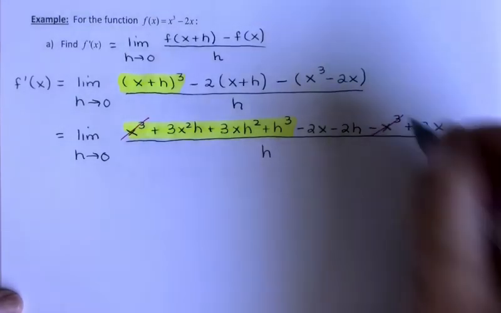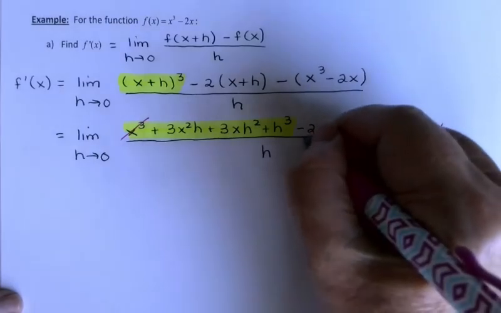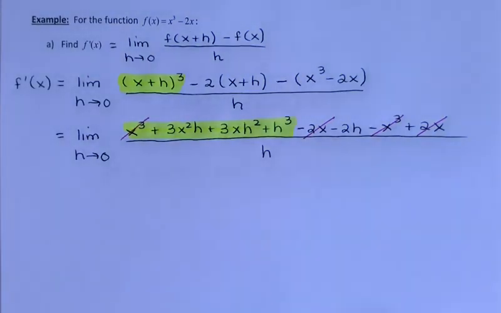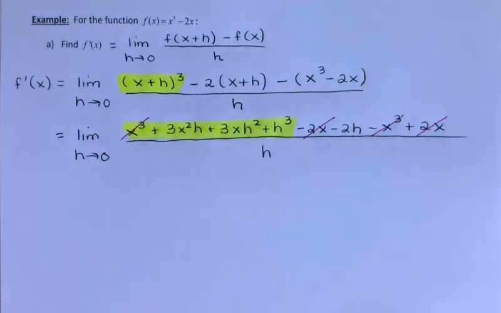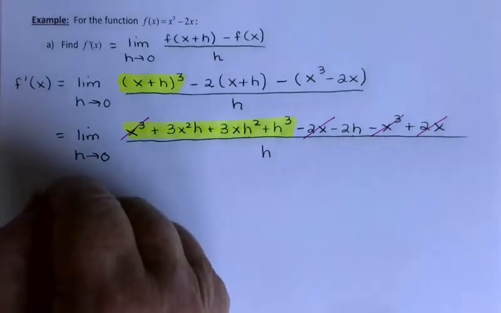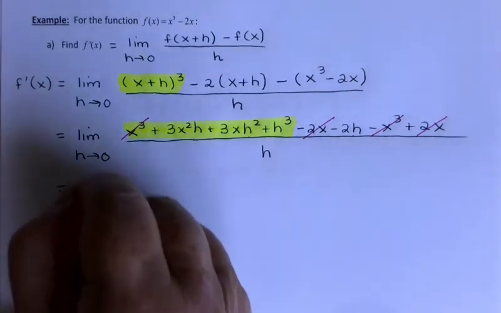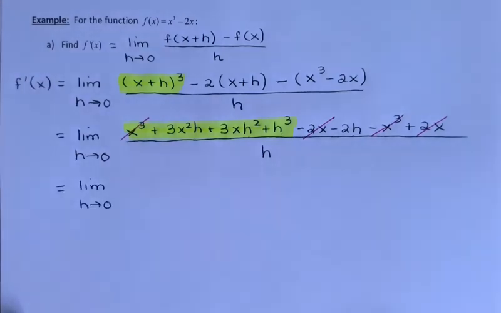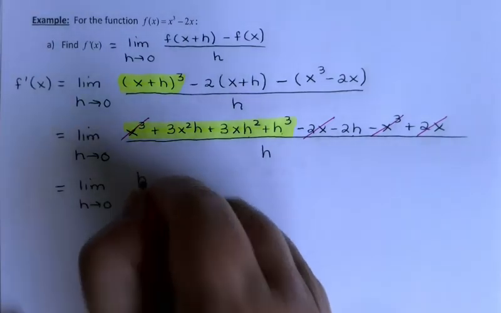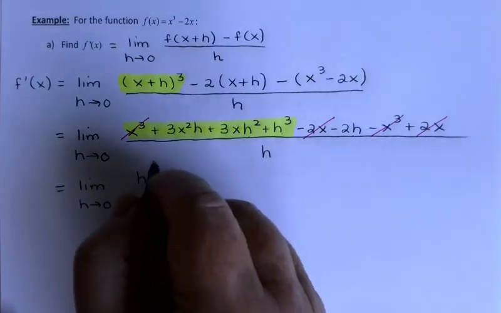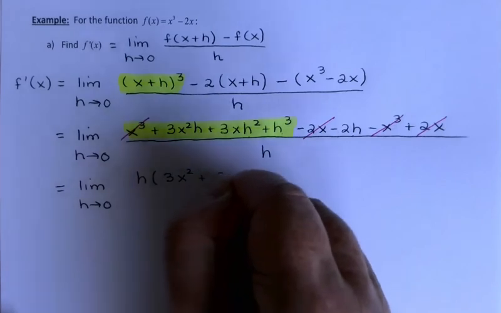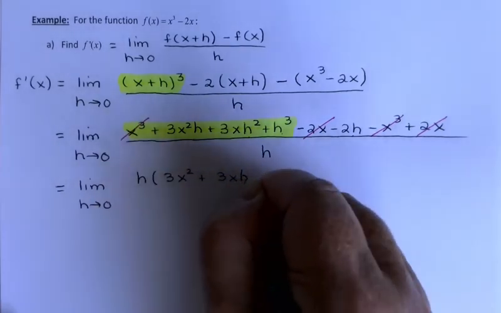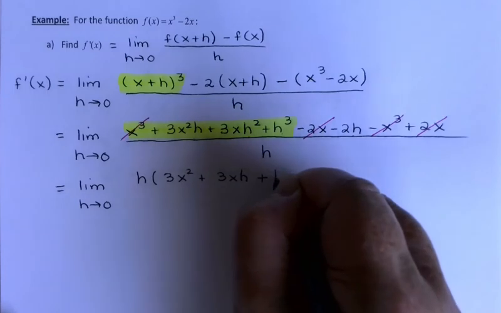X cubed minus x cubed is 0. Negative 2x and positive 2x is 0. And all of the terms that are left have an h in them. So in my next step, I'm going to factor that h out of the numerator. When I see that, I know I'm going in the right direction, because ultimately I want to use that h to divide out the denominator. So 3x squared plus 3xh to the first plus h to the second